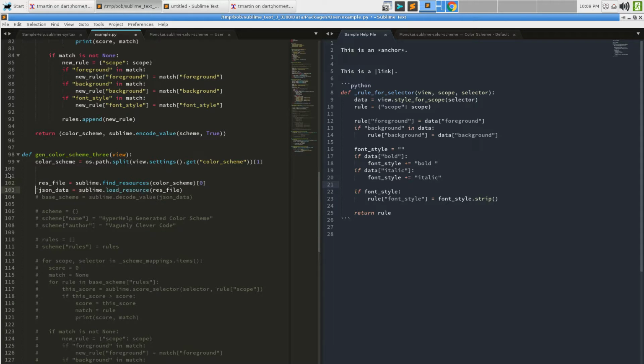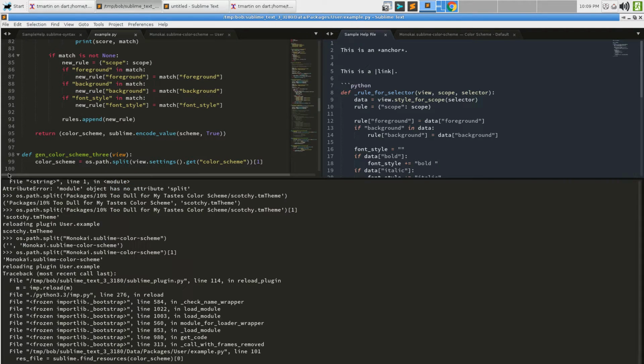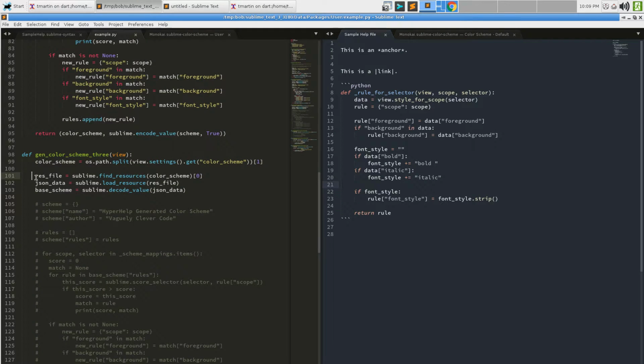So now we can find the resource, load it, and decode it. Incidentally, the reason that was a problem for us originally, what did I do now? Oh, curse you tabs. Okay. This is the line that was throwing an error.